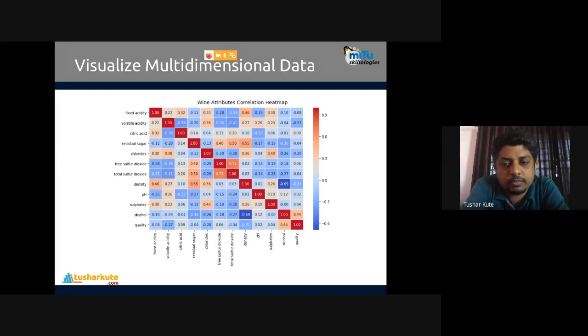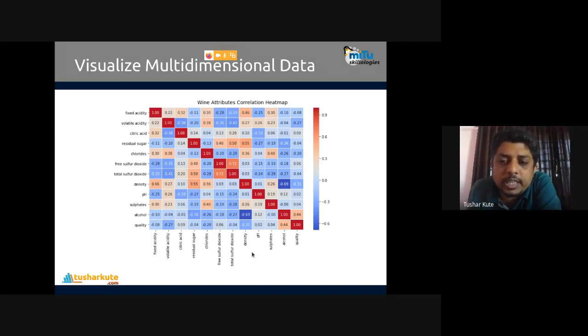All values are 1. Okay, 1 to 1, 1 to 1, 1 to 1, like that. And other wine quality attributes are also shown, for example citric acid versus quality, correlated 0.9. Okay, the correlations are shown here. This is 100% correlation because they are correlated with each other.